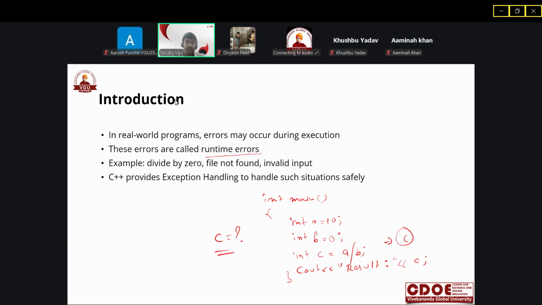I am waiting for your response. Arush, Divesh, Salman, Khushbu, and Samarth Kale. So we have a equal to 10, b equal to 0. What will be the value of c? We are doing c equal to a divided by b.